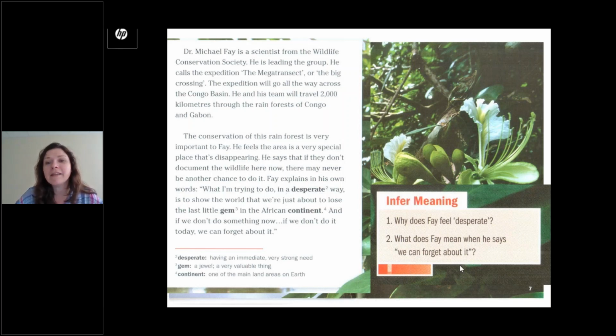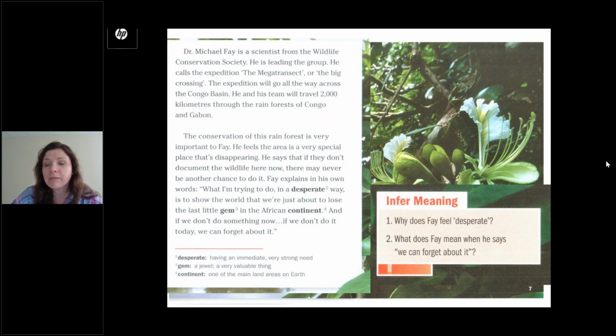So why does Faye feel desperate? For A2, pre-intermediate level, the word desperate could be a problem, right? So what the book does, they give an explanation of the word, but they also know that giving only an explanation may not help people remember the word. So they ask different questions so the students look closer at the word. Yes, see how it works in the context.